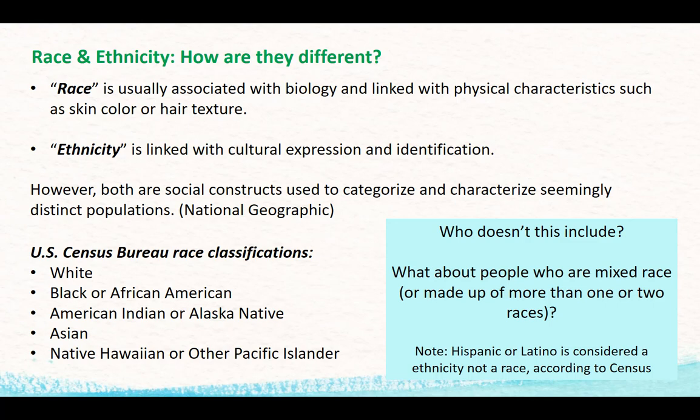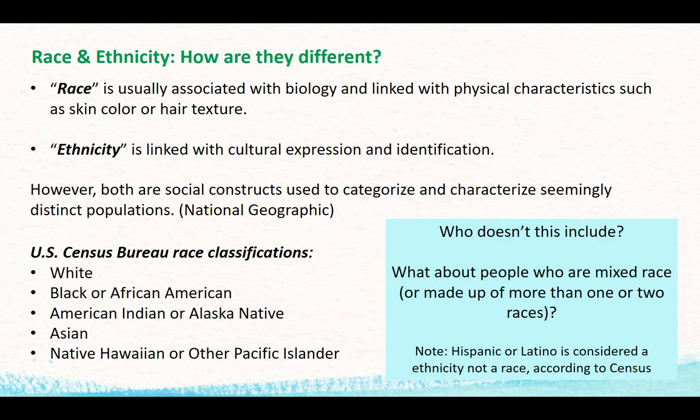So race is usually associated with biology, and it's linked more to physical characteristics, particularly skin color. Hair texture is also something that is often used to categorize one's race. Ethnicity is a little bit different because it delves more into cultural background, expression, heritage, and identification. So race tends to be more about physical characteristics, while ethnicity seems to be a little bit